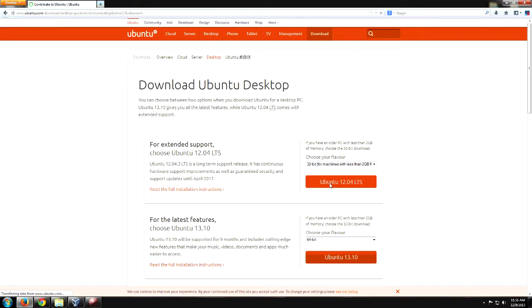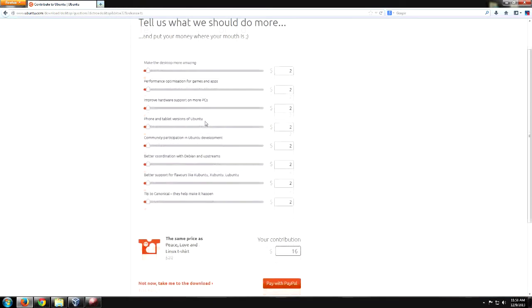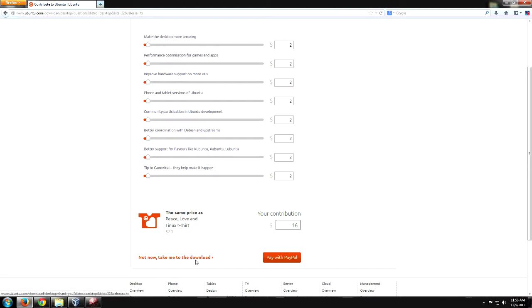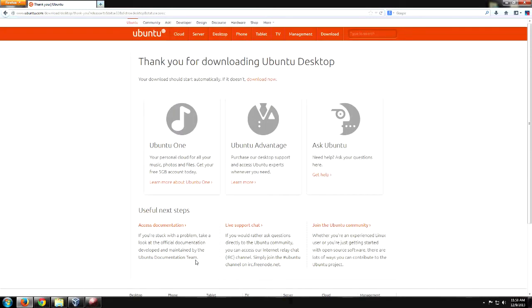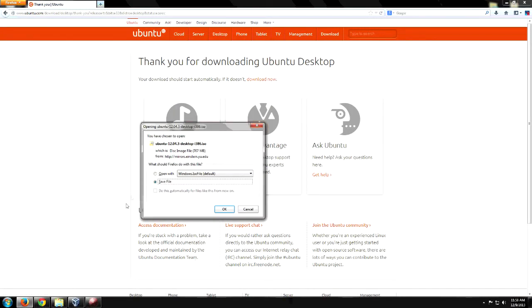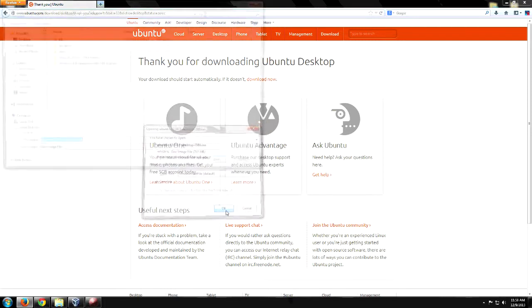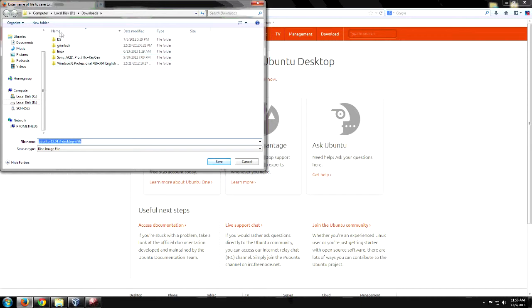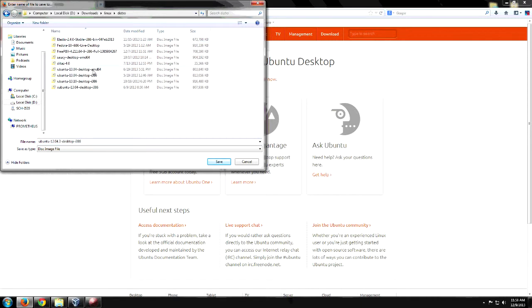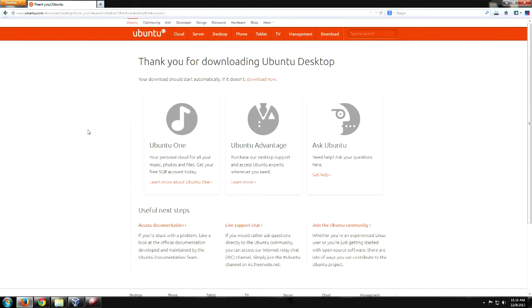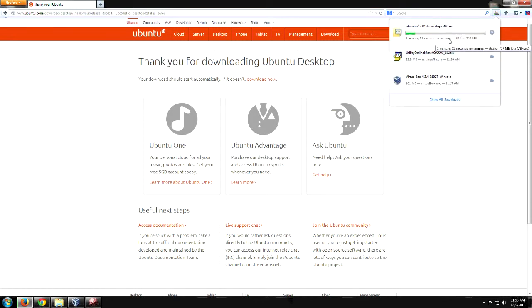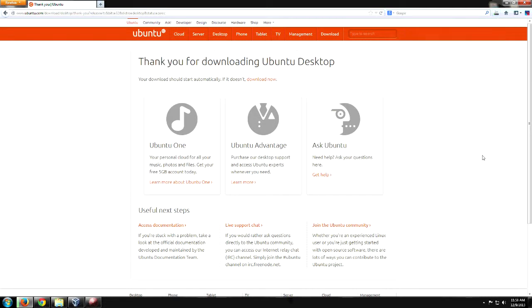Then I'm going to click on the Ubuntu button. They ask for a small donation, but the software is free, so just go ahead and navigate down to Not Now, take me to the download. It's going to ask you to save it. I'm going to save mine in a location where I've already got a couple of downloads, but just save it to a place where you can find it. That'll take a few minutes to download, and while we're waiting, let me show you some of the stuff that